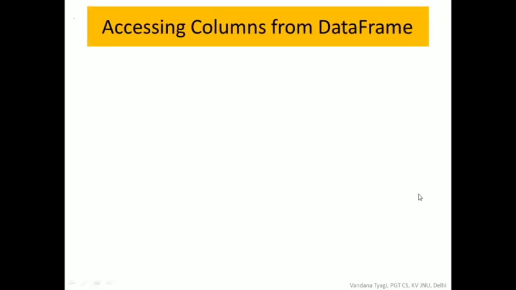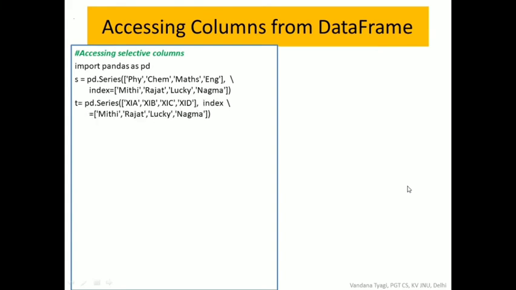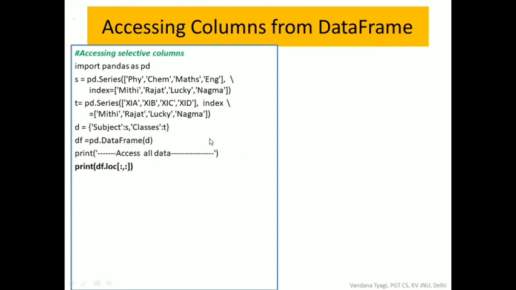Now let's see how to access columns with the help of this LOC function. The first section again shows those 2 series, converting them to a dictionary and then a data frame. Now here again we are writing the empty slicing, meaning the same output, we get the complete data frame. Now when you access a particular column, this row slicing is left blank, because we are including all the rows, we want to display all the rows and only the subject column.